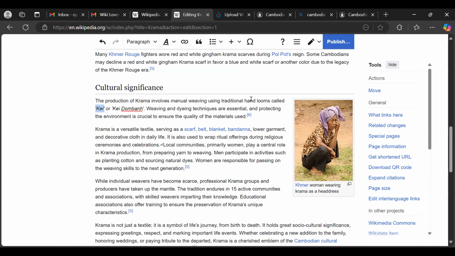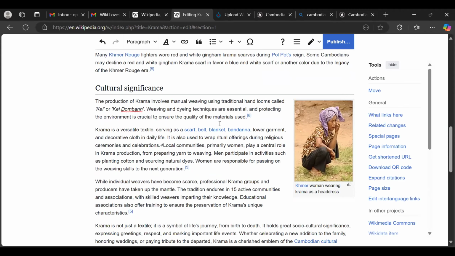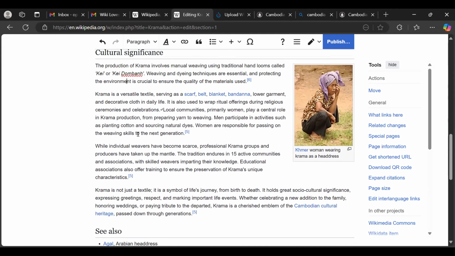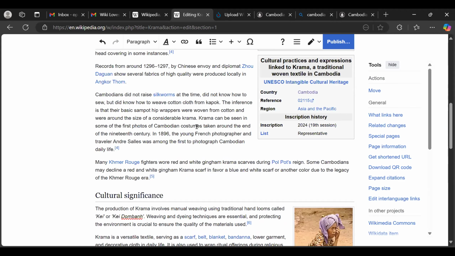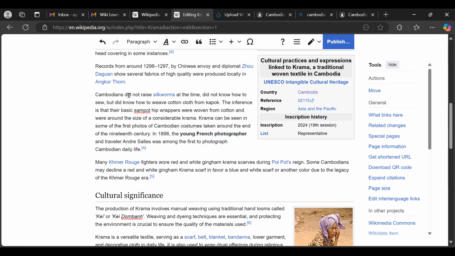So I advise, because we are new to Wikipedia, and to meet the requirements, that you always publish the first one first, like this one that I italicized. I have to publish it. Then I come back again and click on edit, and then come back to the next one and italicize it, so that you get two contributions or two edits to meet the marks for this training. And so italicize, bolden, you can also bolden. Yeah, you can bolden young French photographer. You can bolden it like this and just hit publish.